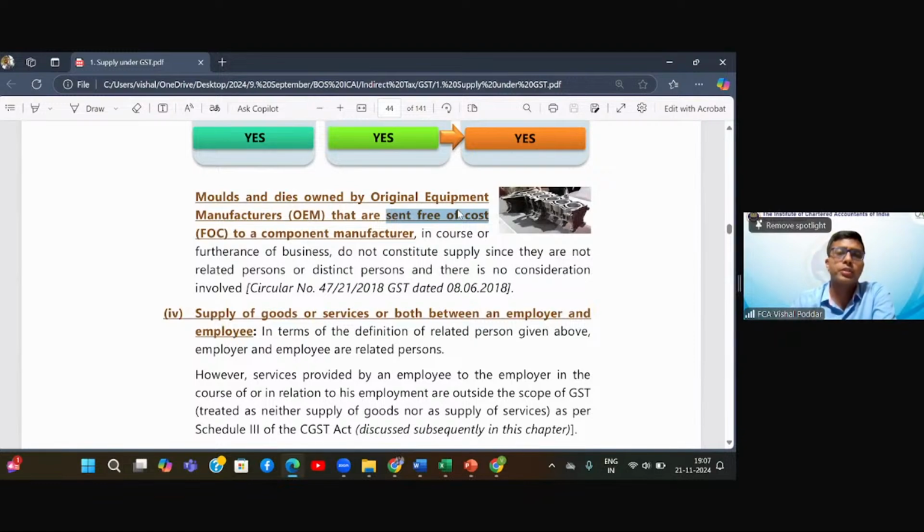Now the question is, since I am sending to you something free of cost, क्या वो शेड्यूल 1 में आता है, and whether I have to pay tax under schedule 1 treating it as a supply? Answer is no. Why no? बिकॉज वाई डज नॉट कॉन्स्टिट्यूट अ सप्लाई, भले मैंने आपको फ्री दिया, क्या आप और मैं रिलेटेड या डिस्टिंक्ट पर्सन है? पहली बात, डिस्टिंक्ट पर्सन है नहीं, क्योंकि मेरा ही दूसरा ब्रांच आप नहीं हो, सिंपल। और रिलेटेड